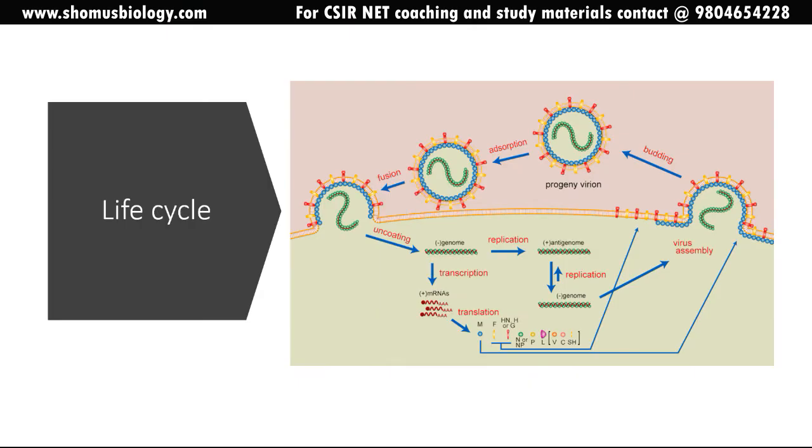Now let's look at the life cycle of this virus. The life cycle of this mumps virus, and any typical virus of the same family, follows the same life cycle, where they contain negative stranded RNA as the genetic material. Upon fusion with the membrane of the host cell, they release the genetic material, the negative stranded genome, and then transcription of the negative stranded genome into plus stranded mRNA is done. This is really important because this plus stranded mRNA will be used as a template to make more and more negative stranded genome, which will be used as genetic material by the daughter viral particles, and this plus stranded mRNA will be translated into the necessary proteins M, F, NA, G, H, all these proteins.